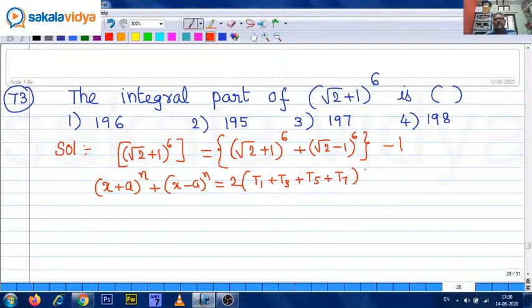This will be continued, but as far as this (root 2 plus 1) to the power of 6 plus (root 2 minus 1)